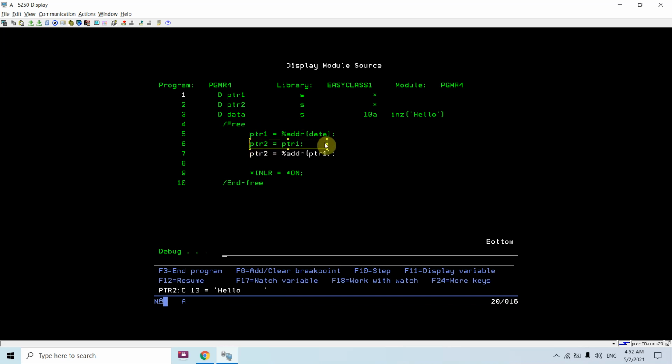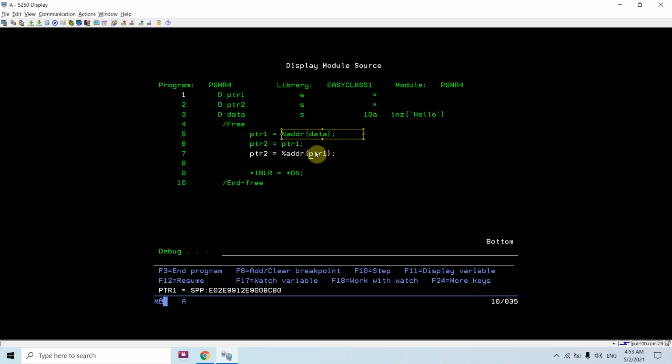Now this line won't signify that this is a pointer to pointer, because ptr2 is not storing the address of a pointer. Now this line will tell me that this is a pointer to pointer. ptr1 is storing the address of this data.